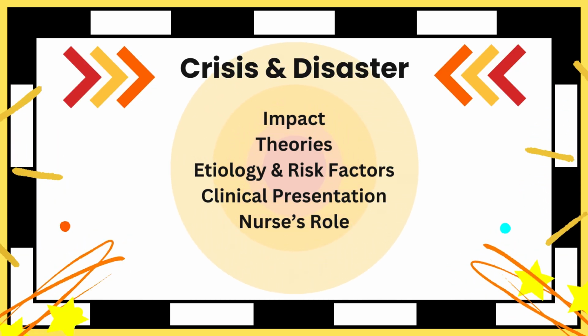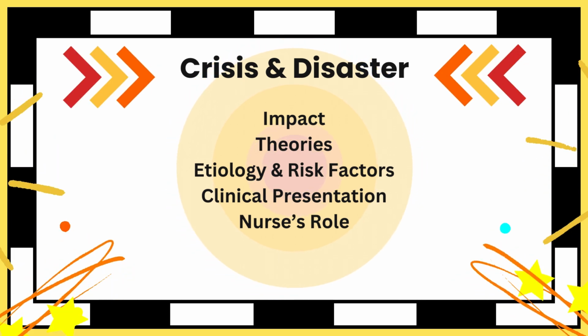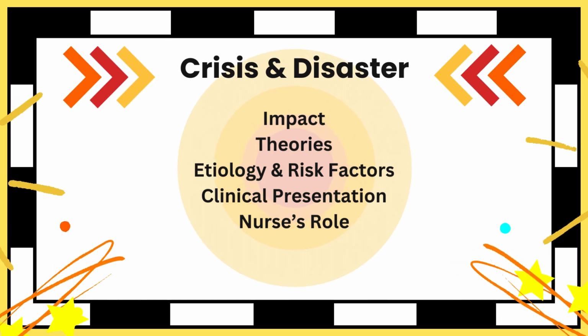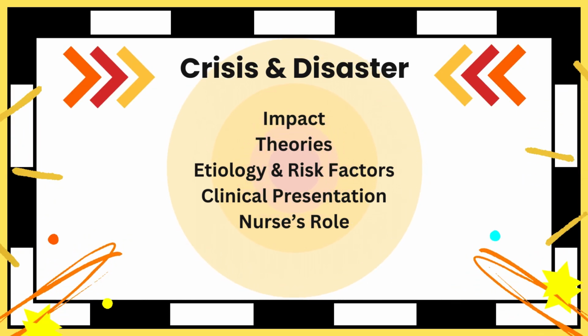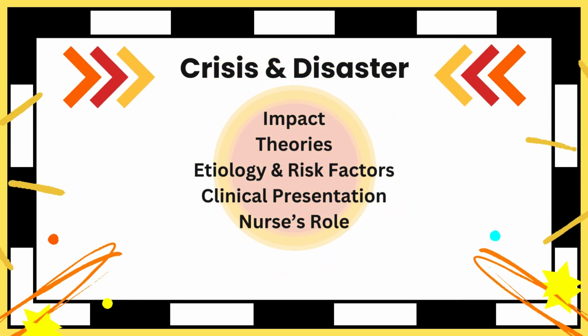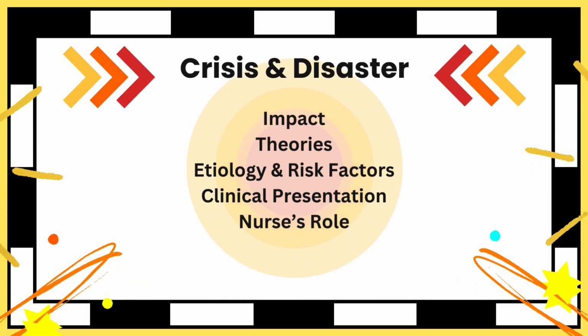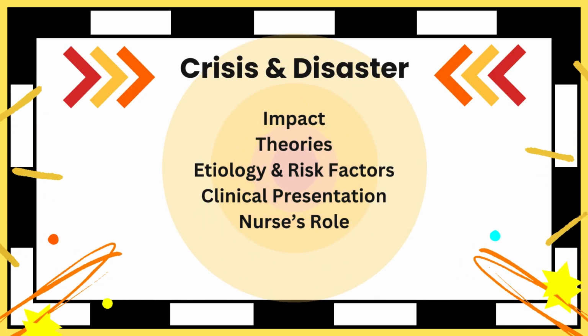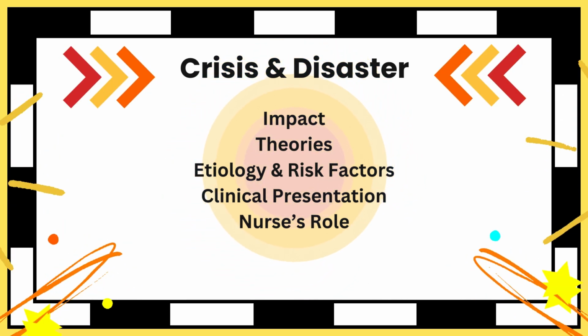There's also the polyvagal theory. This has to do with the nervous system and trauma. A person's response to trauma is very specific, and it varies in severity and presentation. Manifestations vary. They can be physical, emotional, or psychological. And in this polyvagal theory, there are also stages that have to do with that, and those stages kind of depict or direct how the manifestations are going to come across.